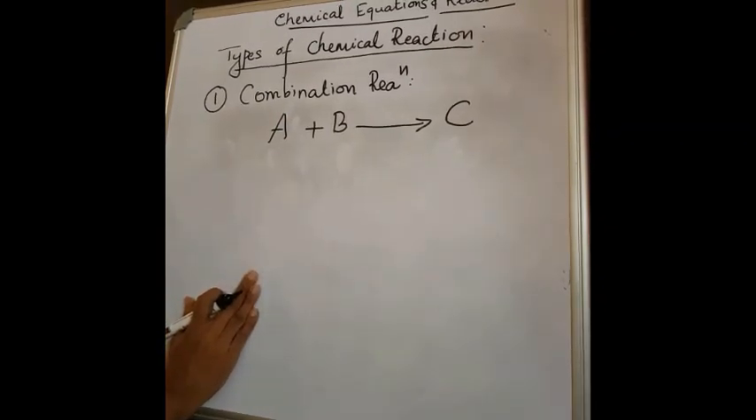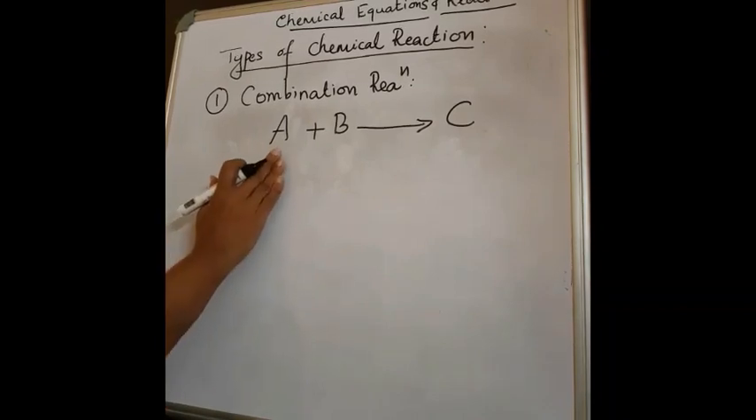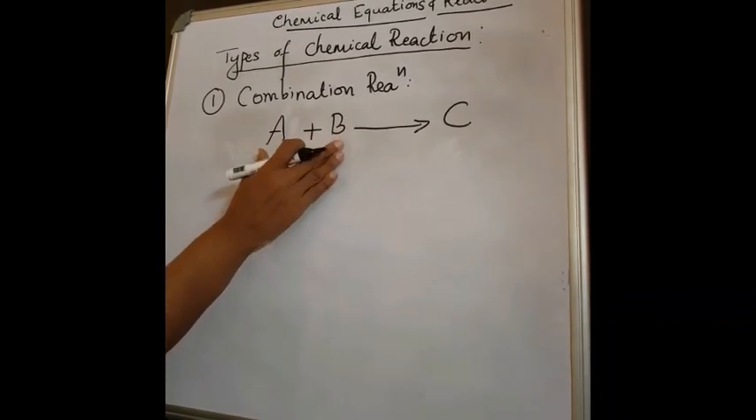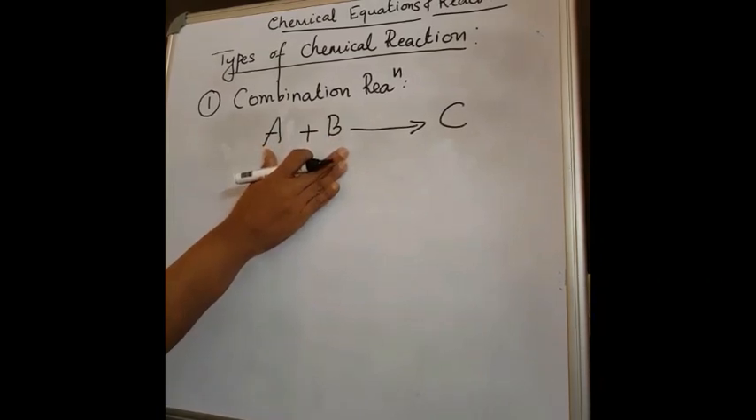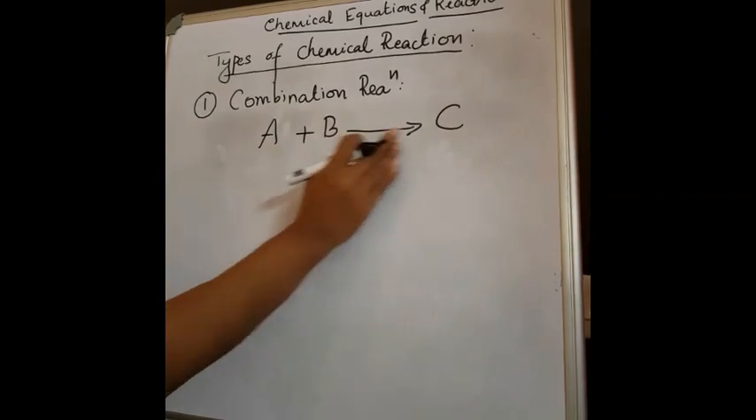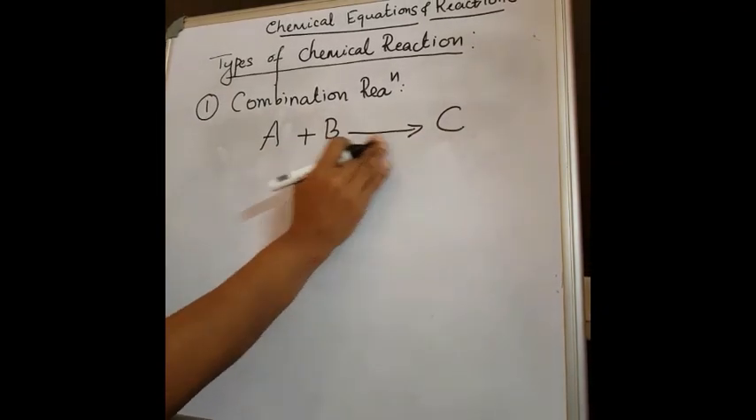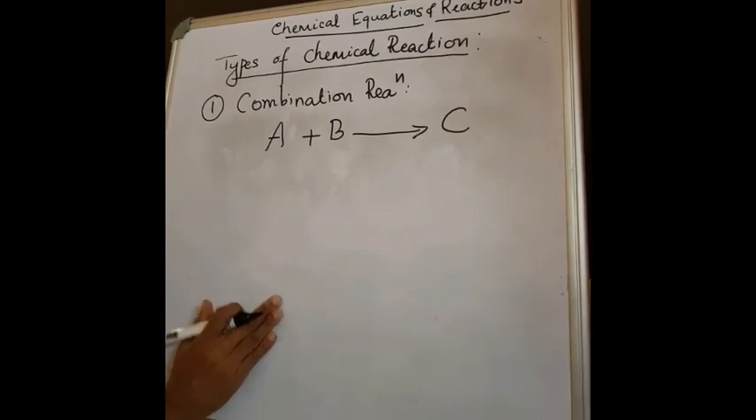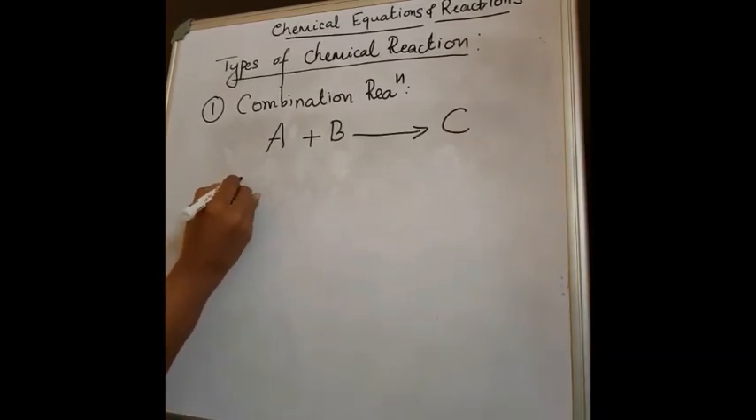then you will call this reaction a combination reaction. Understood? Once again, if 2 or more, you can have more, but 2 has to be there for combining. So when 2 or more reactants combine together to form a single product, then you can say this reaction is a combination reaction. Okay. Now for example, we will see